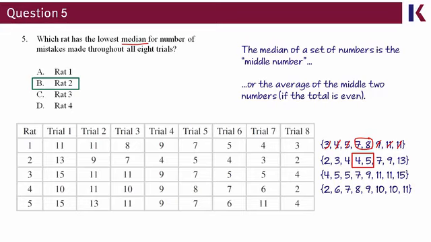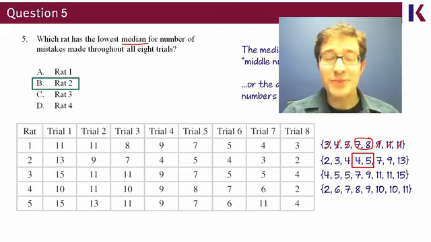In fact, it's much lower. Rat number 2 had a really good set of trials. Maybe he's some kind of superhero rat. Now, this rat's pedigree is clearly outside the scope of the MCAT, but the real takeaway here is that even though to do this question right, the way that we did it, takes a little bit of time, a little bit of writing, a little bit of scratch work,